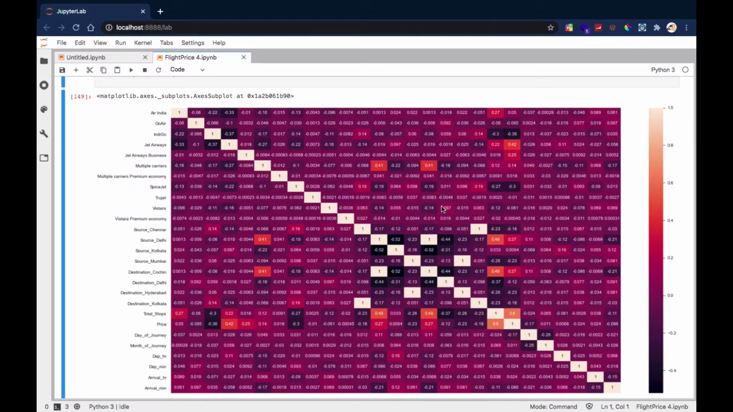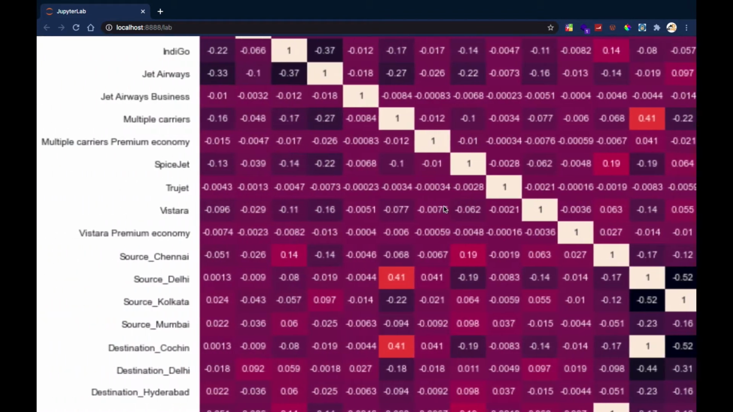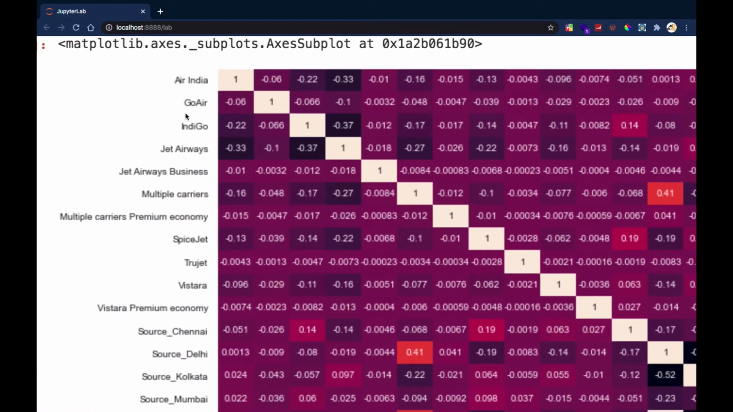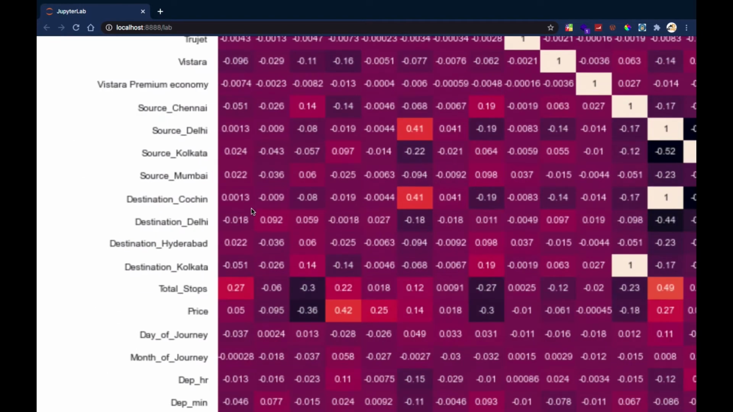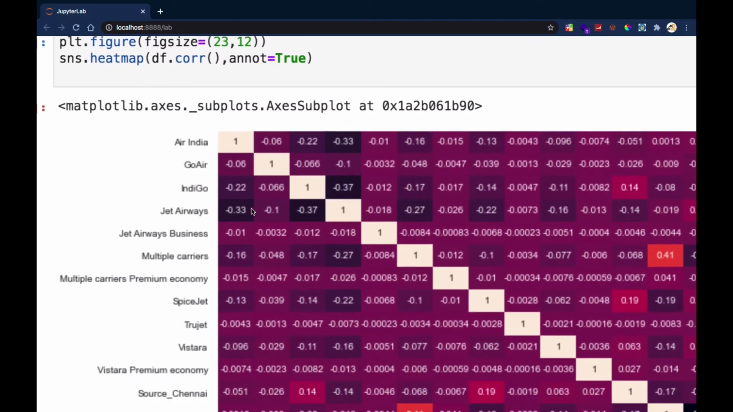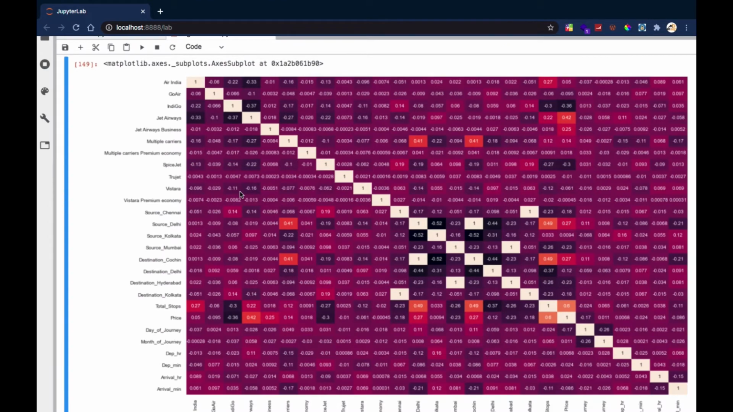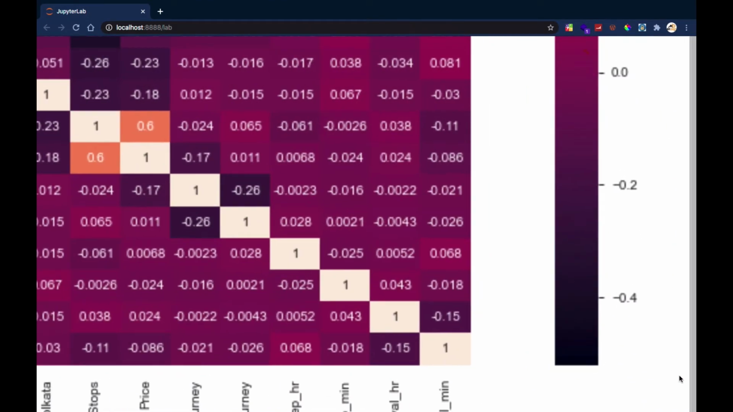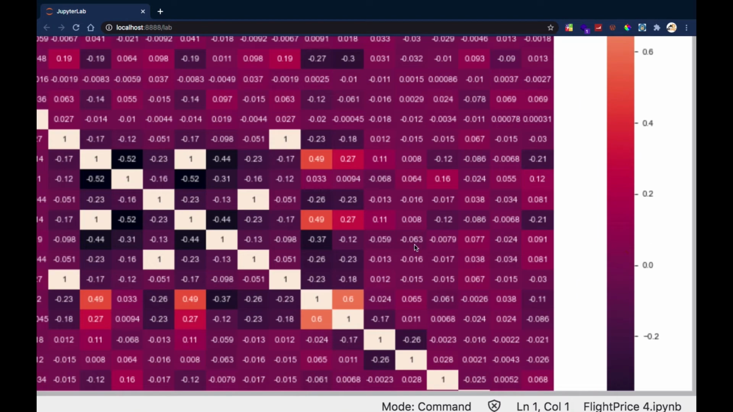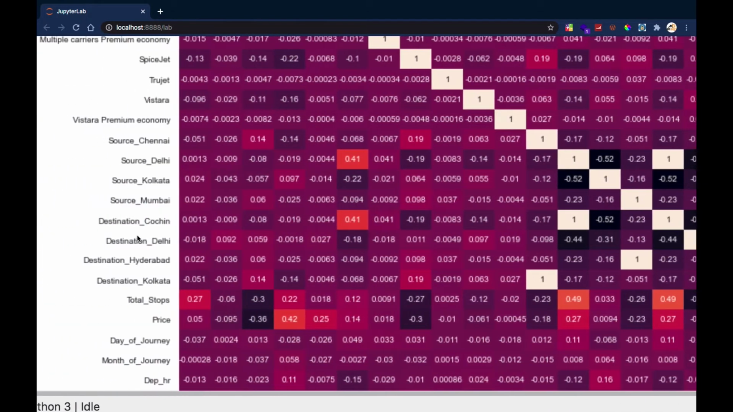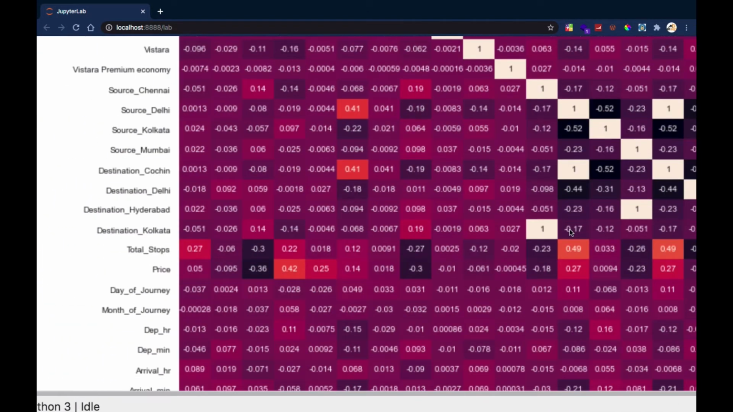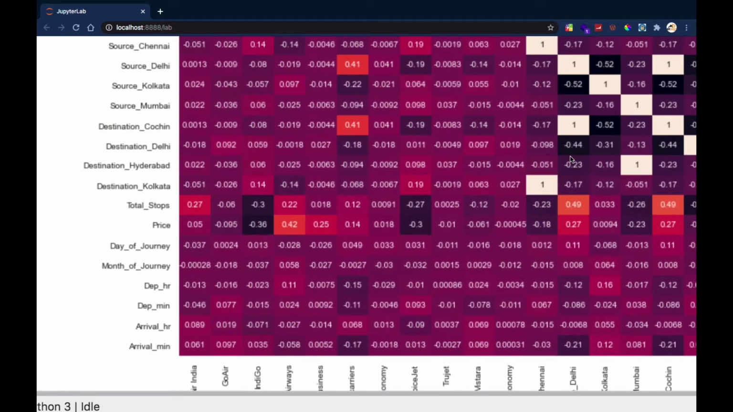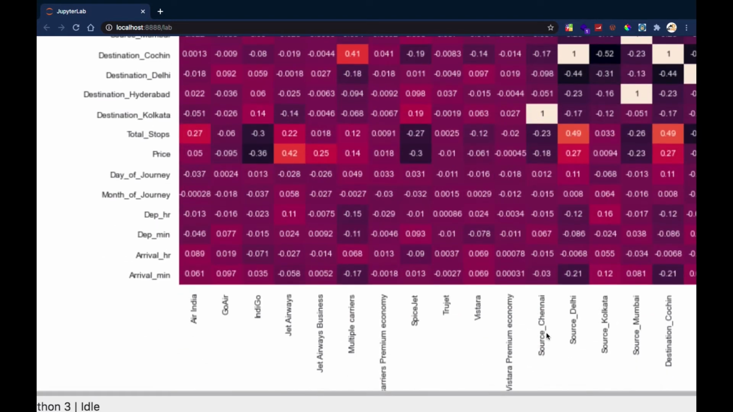All right, now if you zoom in, you can see that we have very, very low correlations in there. For instance, the correlation between Indigo and Air India is negative 0.22. It's a negative correlation, but it's very low. As the color indicates, as it gets darker, the correlation becomes low. So you can see that most of them have low correlation, with the exception of maybe destination Cochin, which has a high correlation with source Delhi. And then you can also see that destination Kolkata has a high correlation with source Chennai, which